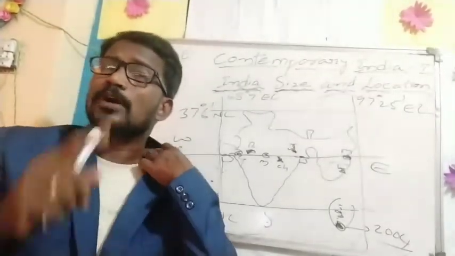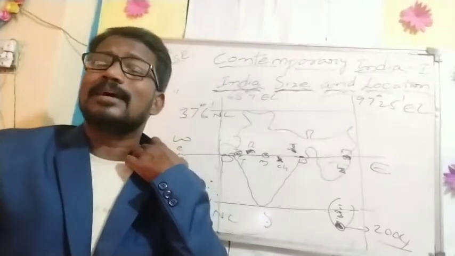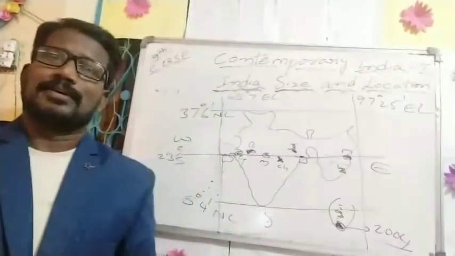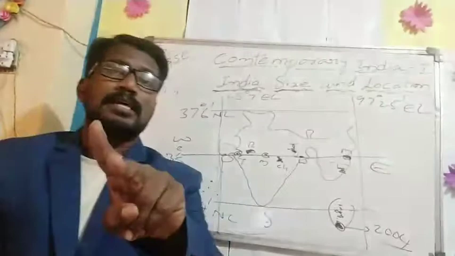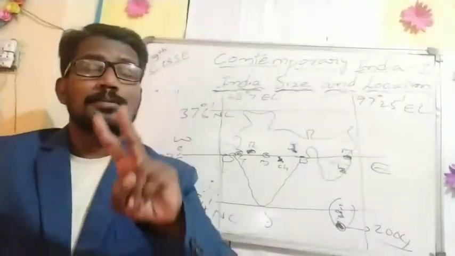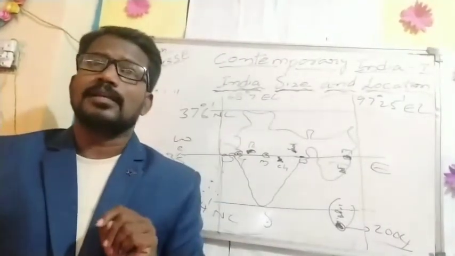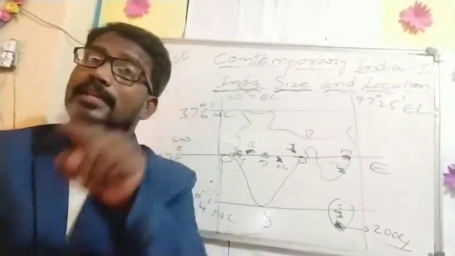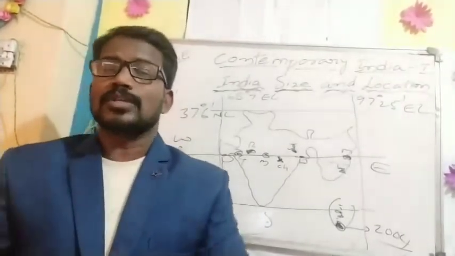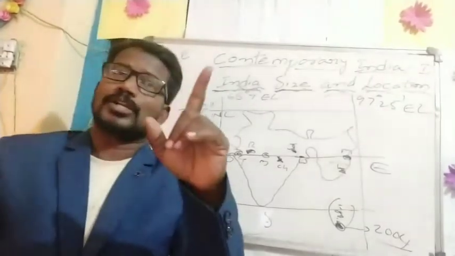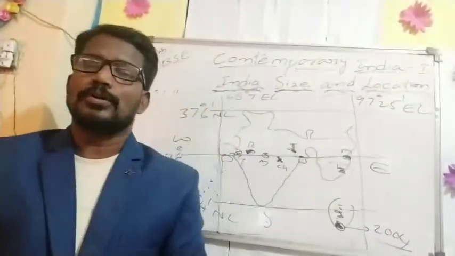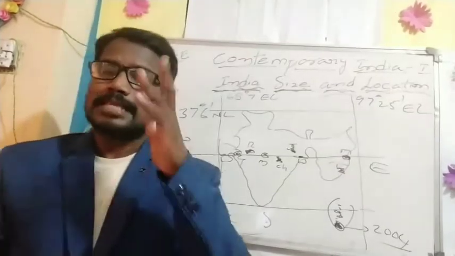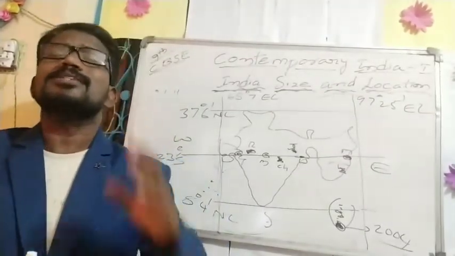And also Indira Point is called the most tip of India. What is the most southern point of India? See, do you understand? Two points I am giving. The most southern tip of India is Kanyakumari. The most southern point of India is Indira Point. Do you understand? So this is the information about the location. And in the next video, we will learn about size. What about India's size?